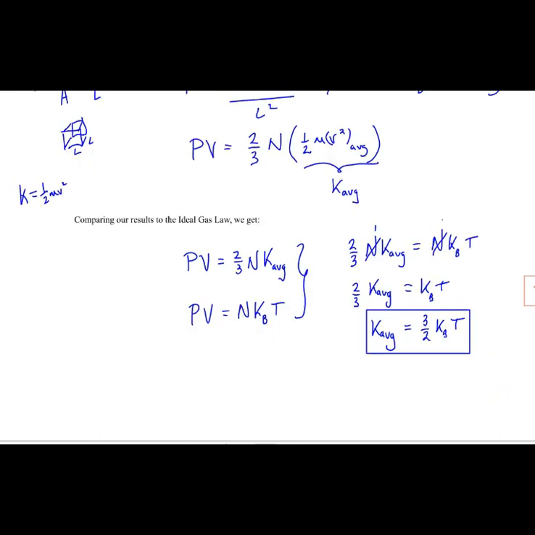So this is a very important expression. And this basically applies only for an ideal monatomic gas. The reason is that we're looking at only a single molecule, which has only translational kinetic energy. If you were to deal with a diatomic gas, where you have two molecules bonded together, and now you have also rotational energy, and when you start to consider the rotational energy, this 3/2 turns into a 5/2. But that's not part of the AP Physics 2 curriculum, so you don't have to worry about it. All of your questions that you will typically get in terms of calculating things will be assuming the gas is